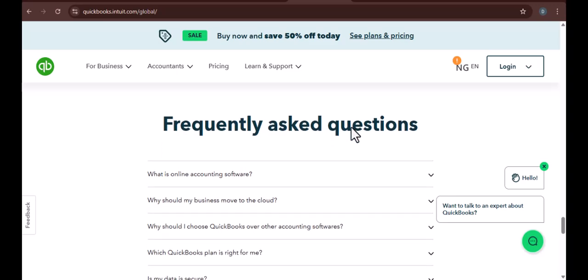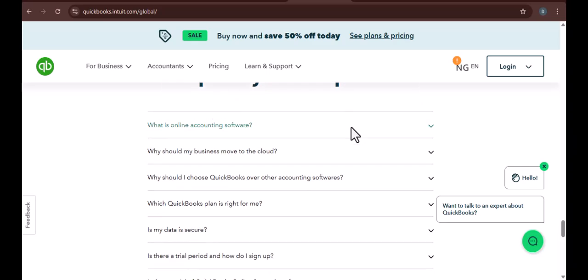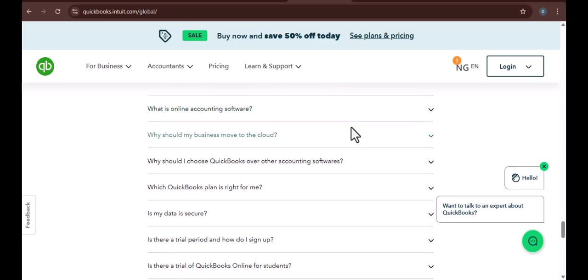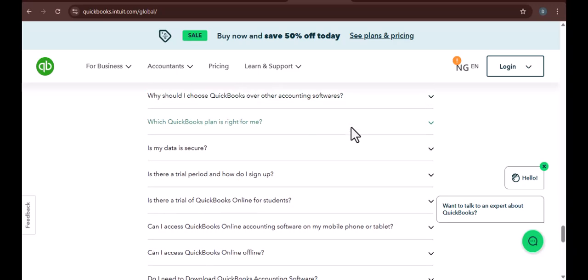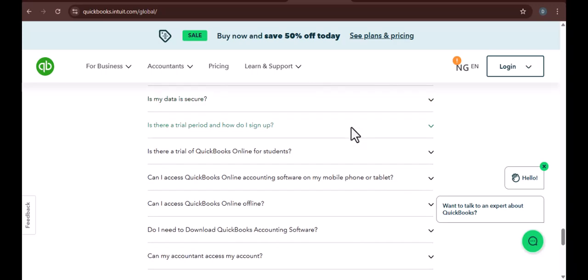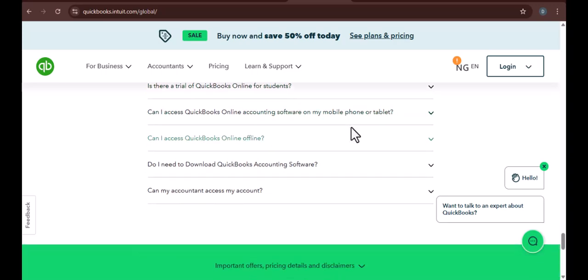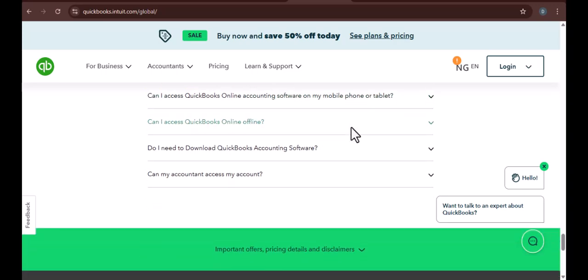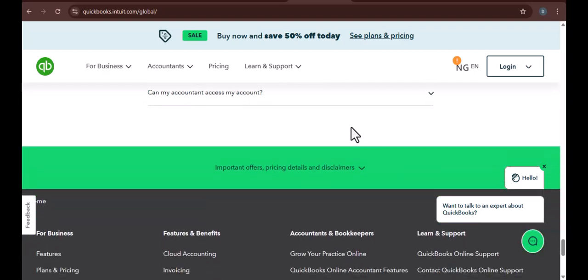I export all 3 reports as a PDF, send them to my tax professional, and my part of tax prep is essentially done. It really is that straightforward. By making QuickBooks a consistent, weekly part of your business routine, you transform tax prep from a month-long panic attack into a simple, 3-step year-end process. The payoff isn't just less stress. It's the certainty that you've accurately tracked every potential deduction,